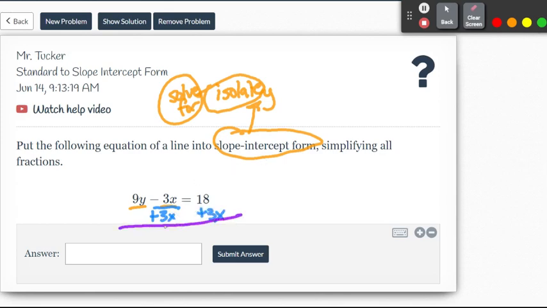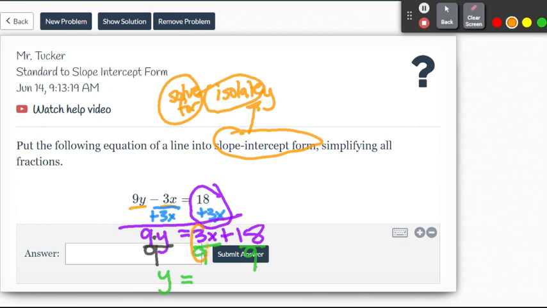And then the 9y is left by itself. 9y equals, and I'm going to put the x first. You could put 18 plus 3x, but it's not in slope-intercept form because I want y equals mx. So this is 3x plus 18. And then to finish, I just divide everything by the 9. The inverse operation is 9 multiplied. So I divide each thing by 9, the 3 by the 9, and the 18 by the 9. And what that'll give me is y by itself equals